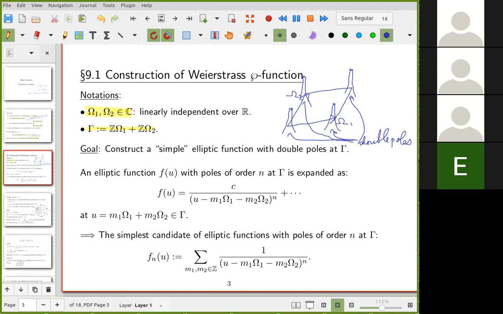So, let's expand such an elliptic function at a lattice point,